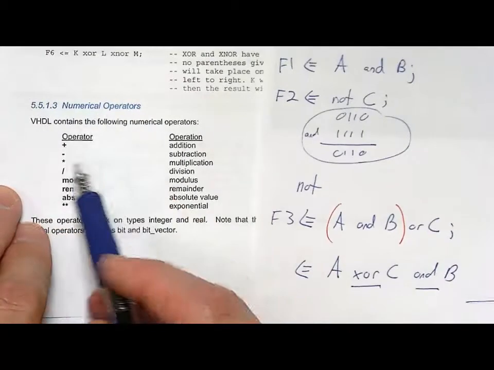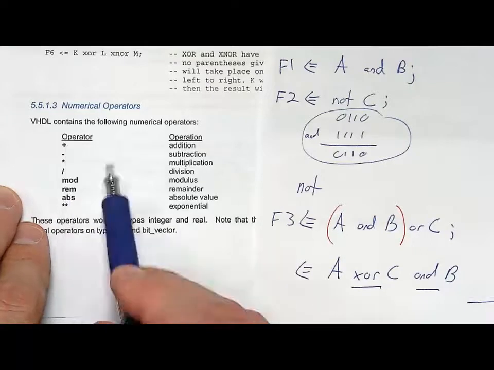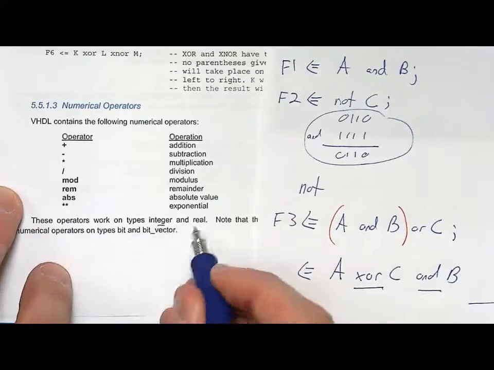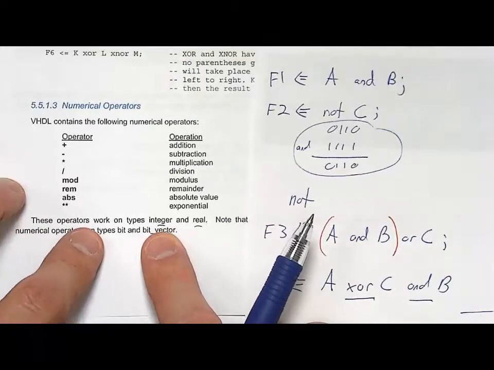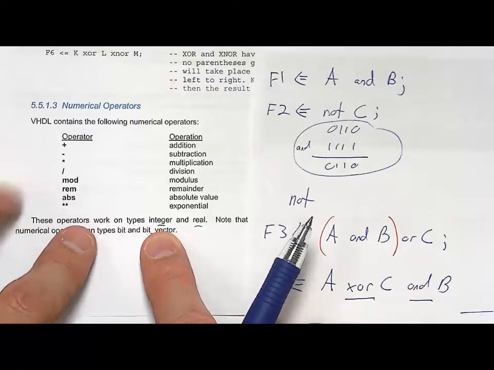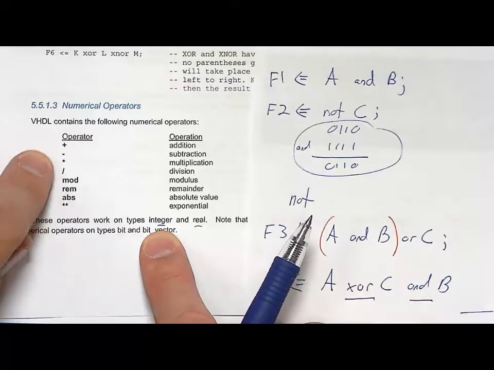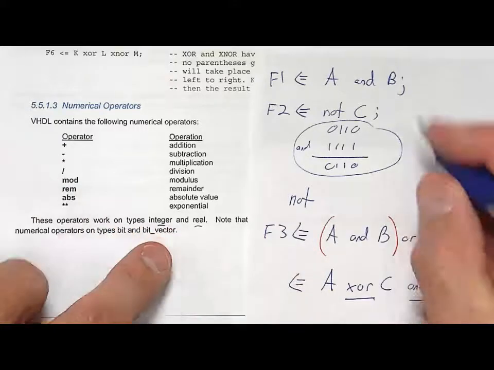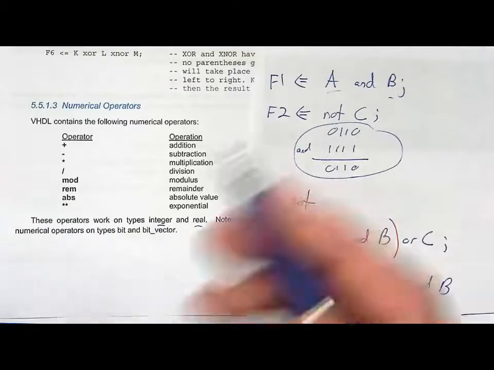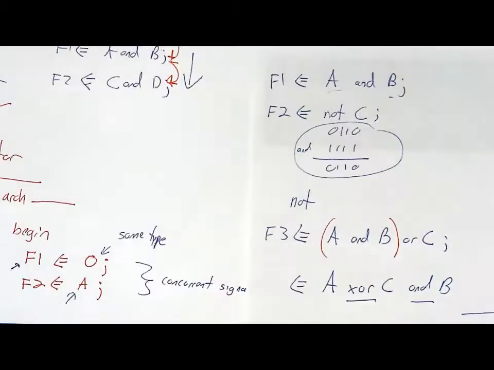Numerical operators, you've got your plus, minus, multiply, divide, mod, rem, absolute value, and exponential. However, these are only defined for types integer and real, and they are almost exclusively unsynthesizable. And it's a little bit more detailed or complicated to actually get these to synthesize, and we'll look at that later. But these are only defined for integer. So notice you can't do A plus B if A and B were bits, okay? And that's fine because we're just going to model Boolean algebra right now, or combinational logic. Okay, so let's take a look at